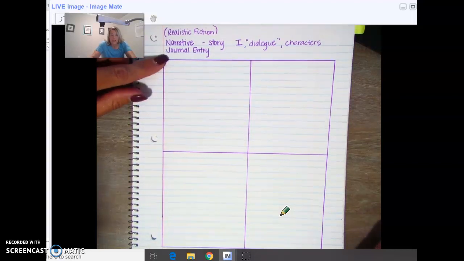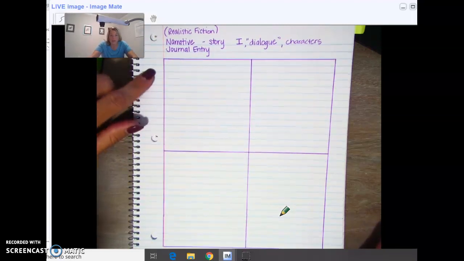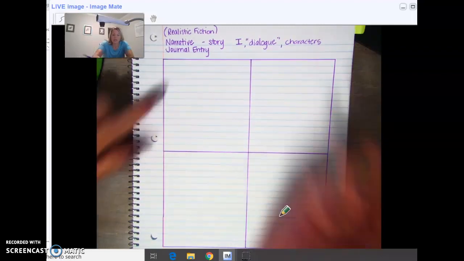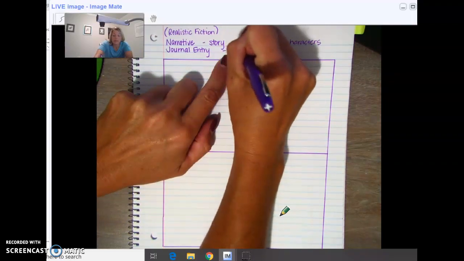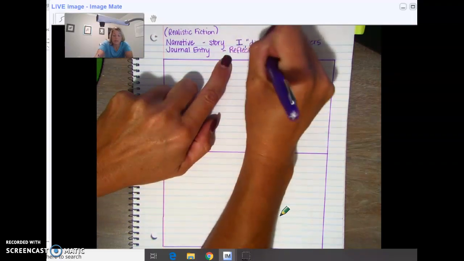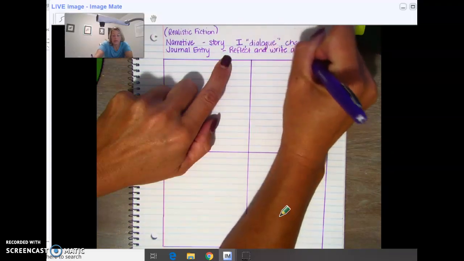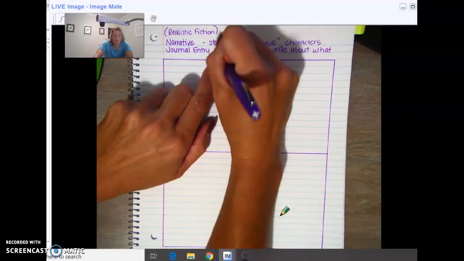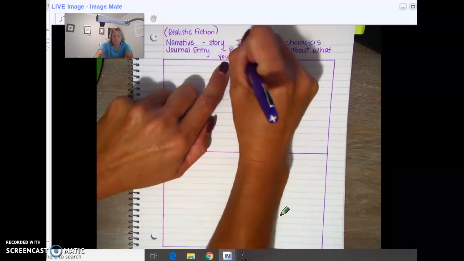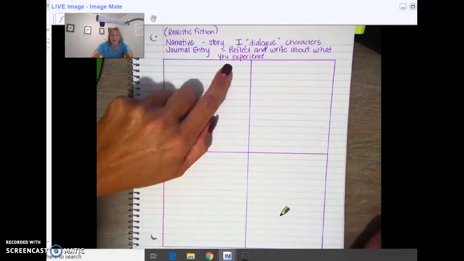In a journal entry, for my students that do reader's notebooks, it's going to look a little bit like your reader's notebook. So you're kind of writing a diary, so to speak. A journal entry is where you reflect and write about what you experience. So journal entries are good to do when you go on vacations and you want to remember your vacation,